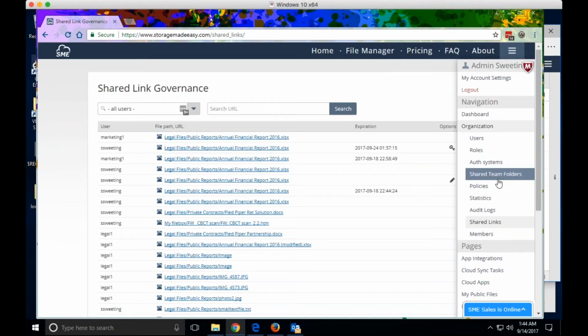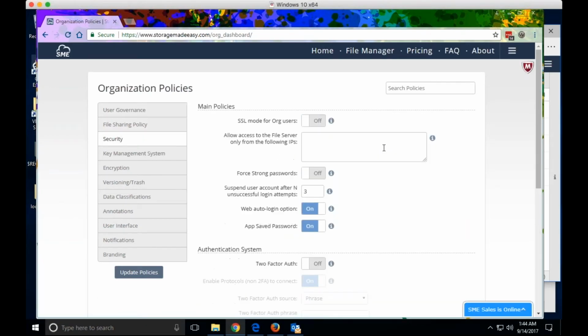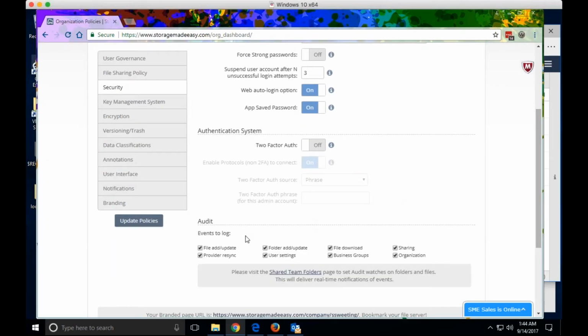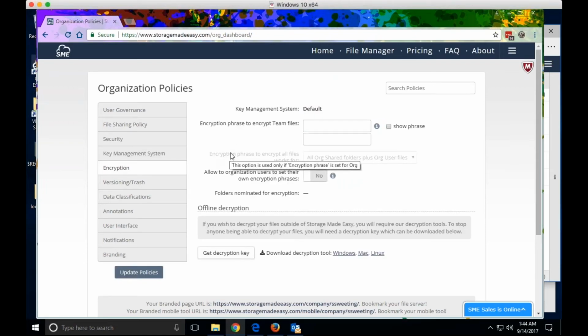Okay, and I think I just want to touch on some other types of governance policies here. So we talked about file sharing policies, a number of security settings, flexibility on choosing what events to log. You can require two-factor authentication. We now have support for the Vault key management system, the ability to set encryption or allow encryption for teams and folders. So we can actually encrypt the data before it gets sent to the back-end storage, which adds another level of